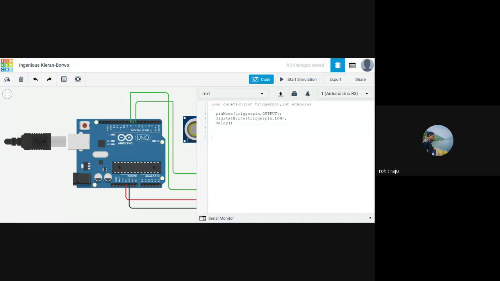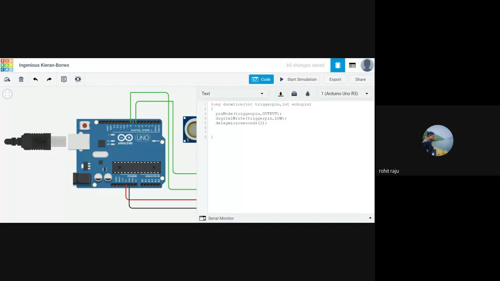To set the limit for putting this low, and as we are dealing with microseconds in the whole project, there is a function called delayMicroseconds. The standard delay function takes arguments in milliseconds, but this function takes a value in microseconds.